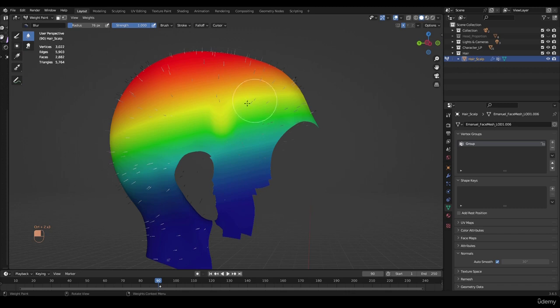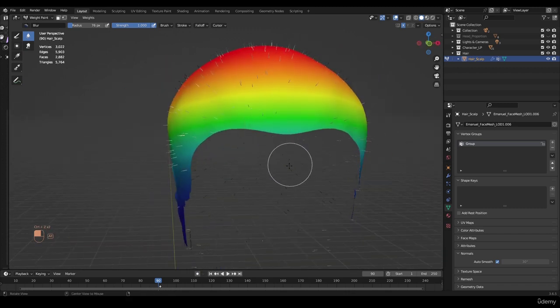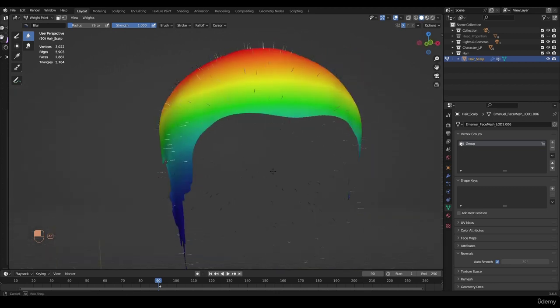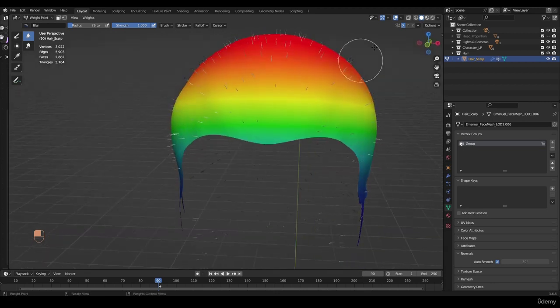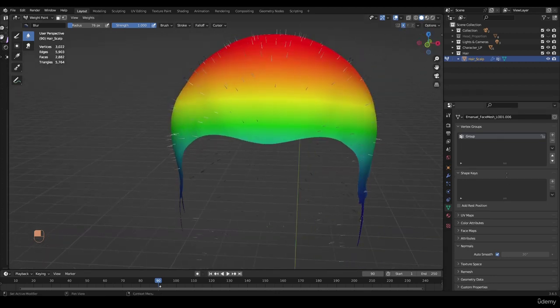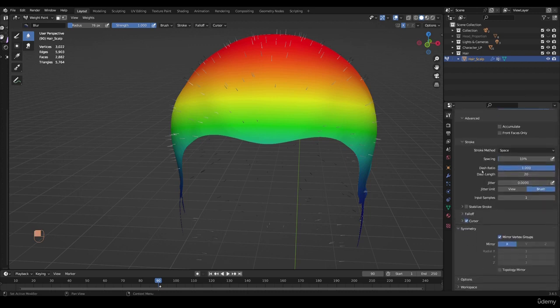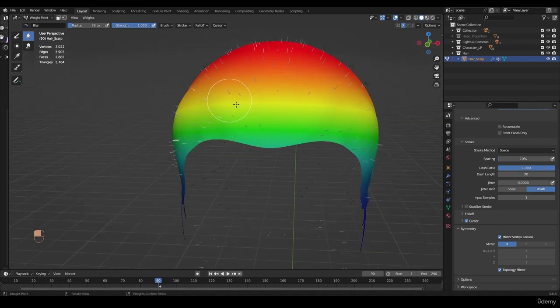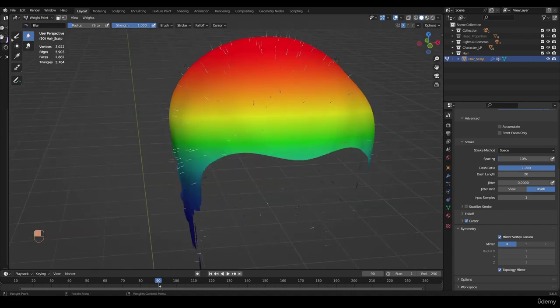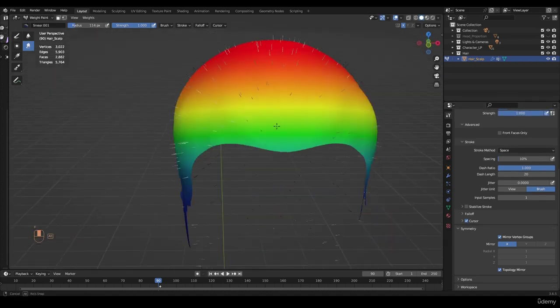You could go to the blur tool and just blur this out to get a better fade. Now, while I'm painting, I like to have symmetry on, and also we go over here onto the symmetry. We could turn on topology color, and that's going to be on the tool section here. Turn on topology mirror. So now, if we go to our smear here, and let's say we start smearing, you